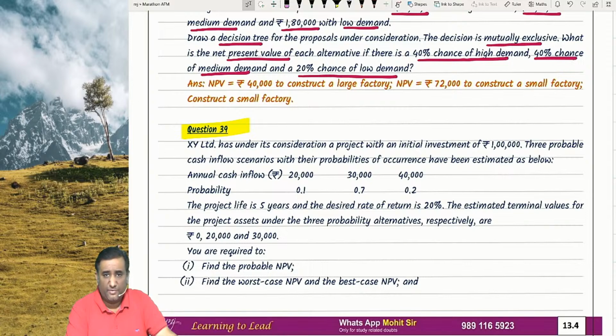Inflation will come with the ICB, for example. Sensitivities, in this I say particularly sensitivity is important. RADR, certainty equivalent, these are very straightforward. And the last one what we talk, optimal, that was perfectly from this topic. There could be a possibility which comes out, because over the period